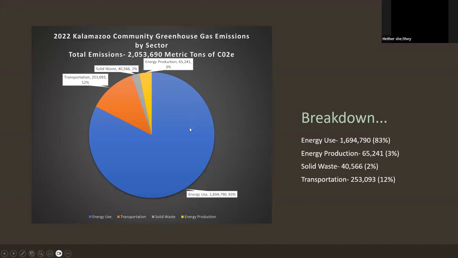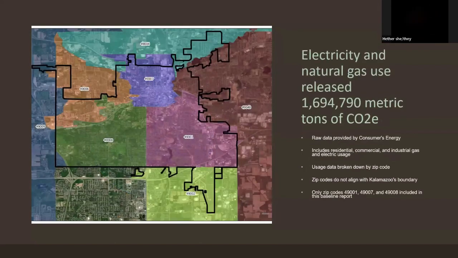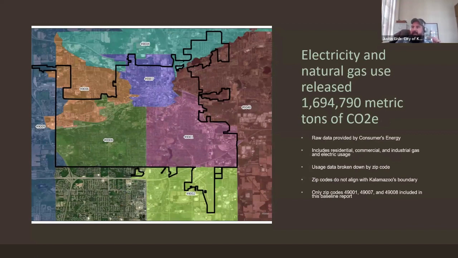So we'll break these categories down a little bit. For the electricity and natural gas use, consumers gave me all the usage data, it's actual kilowatts, everything that was used, but they gave it to me broken down by zip code. So I had to get a little funky with how I used the data. So I only used energy data from 49007, 49008, and 49001. So excluded are 49006,